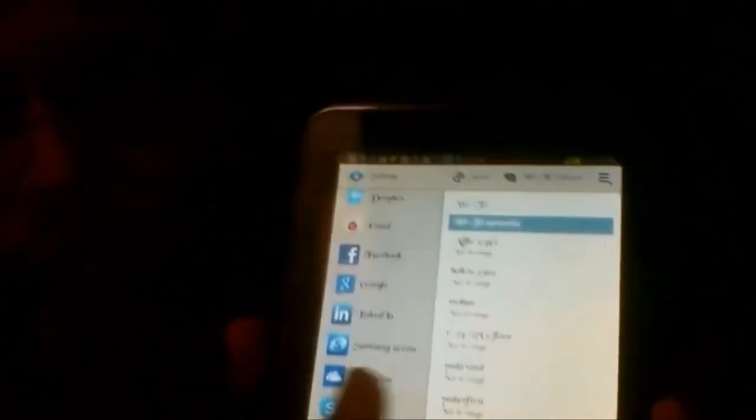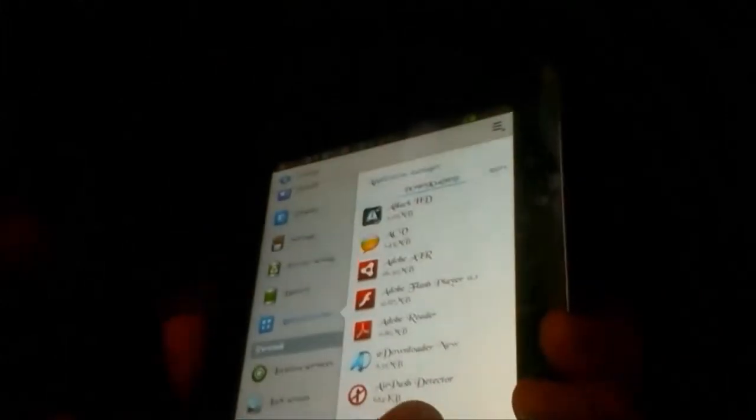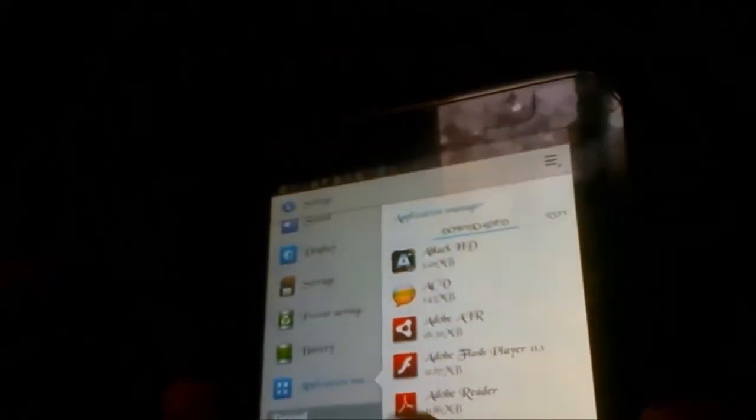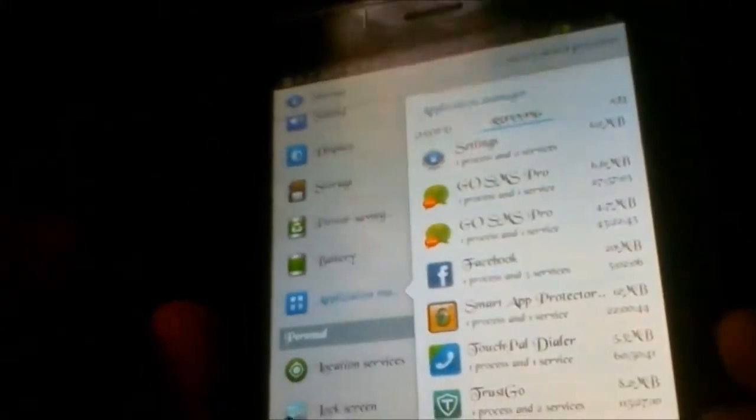Just go to the settings tab. Instead of downloading a Task Manager or any Task Killer app, you can follow these steps. Go to this settings tab. Just go to your application manager. Now you can see the application manager, and you can see the running tab and the downloaded app tabs. This is the downloaded tab, and if I swipe it, you will see the running tab, and then you can see the all tab. It is not of our concern here, but our major concern is the running tab.